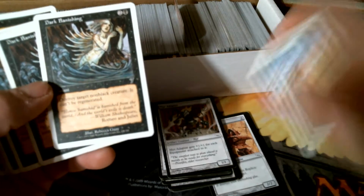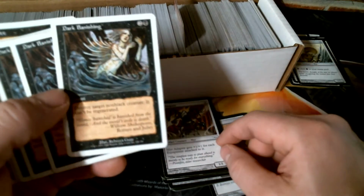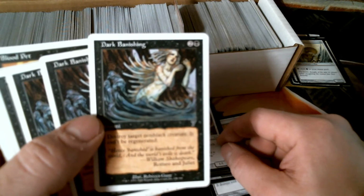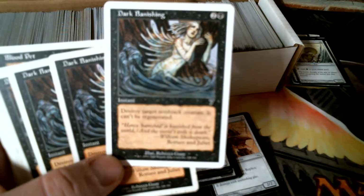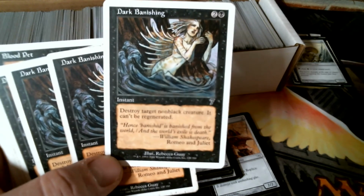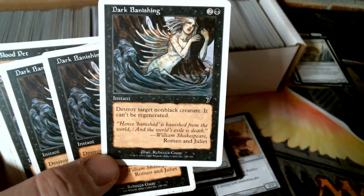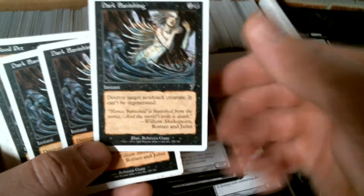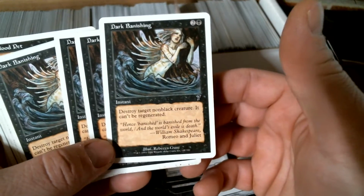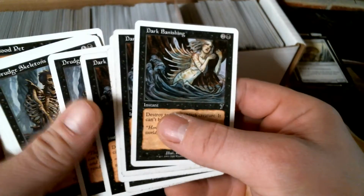Dark Banishing. Okay, Dark Banishing used to be the card. Here, focus in. Okay, I'll make you focus. Bam. Used to be the card. That was back in the day, because we had Terror forever, and you couldn't kill an artifact creature with Terror, so we all wanted to kill that Juggernaut, because let's face it,